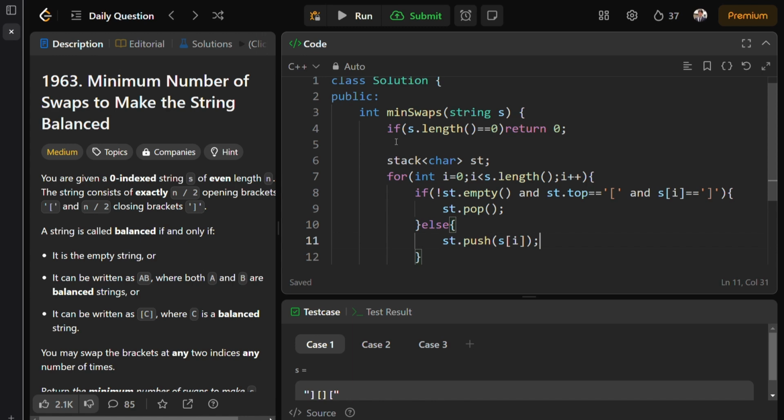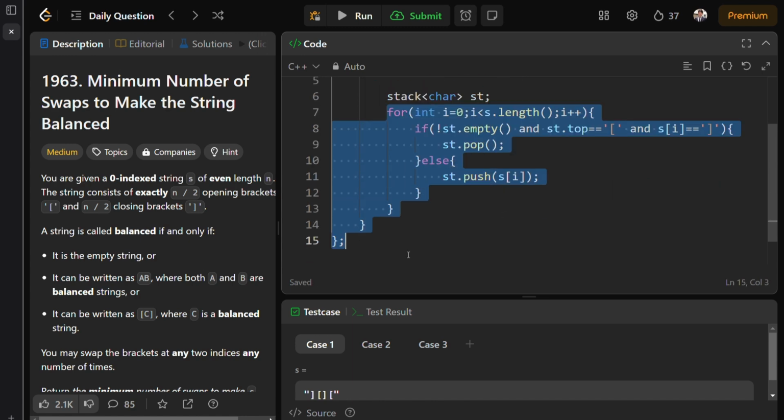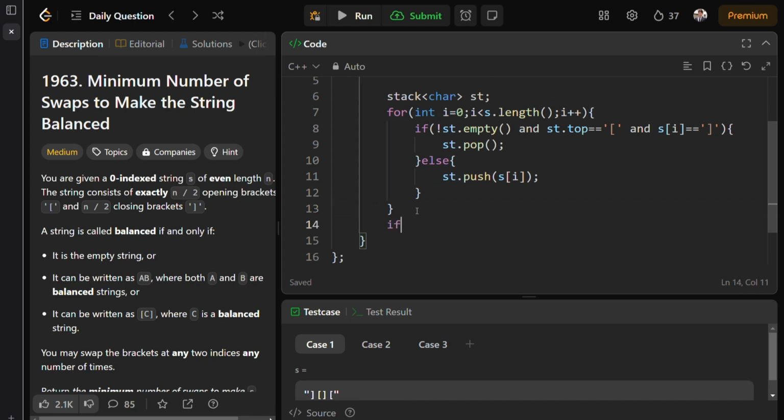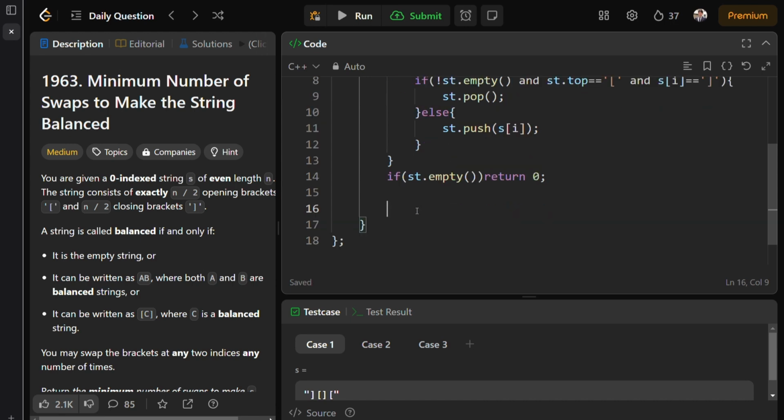In this way, if you traverse the whole string, then in the stack all the balanced strings are removed. Then you just check if st.empty is true, then return 0. If it is not empty, then how do we check? We simply count all the opening or closing brackets. So while st is not empty,